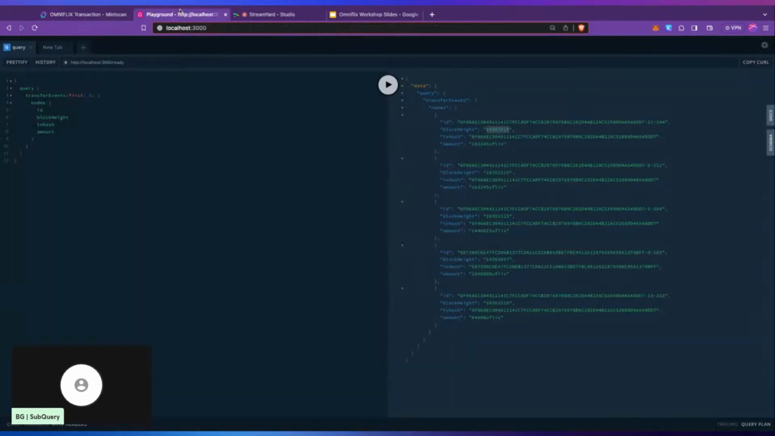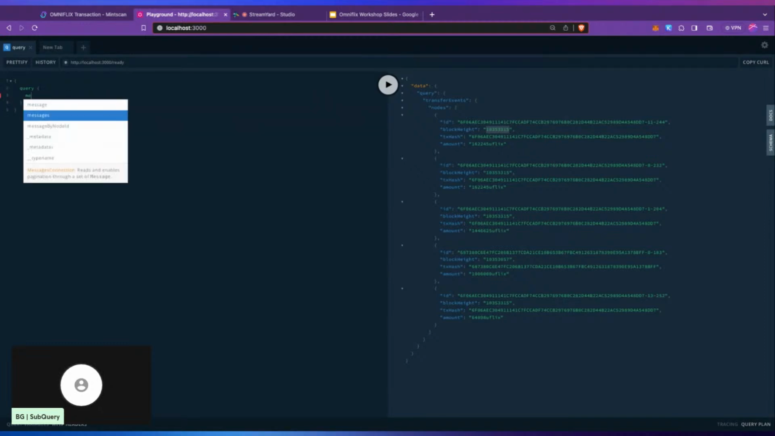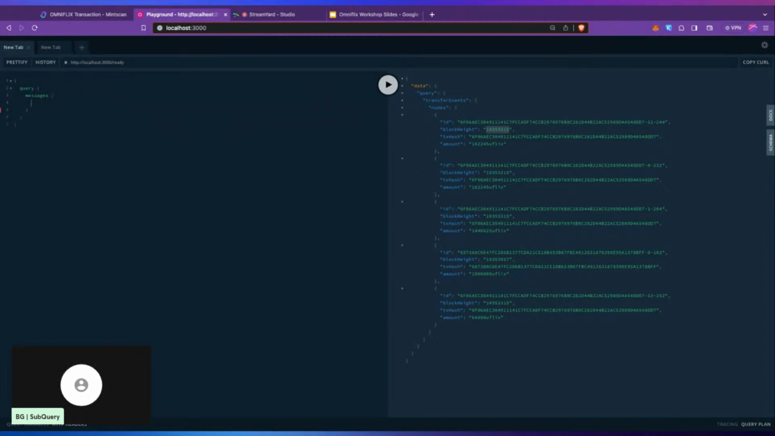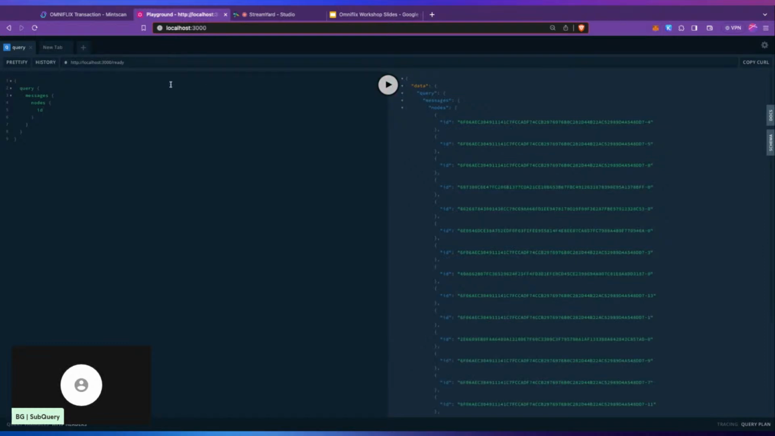So it's working. The second entity that we also made queryable is message. So let us try to query messages now. In order to do it, we can just type the following query. If I press the play button now, I will receive a list of messages